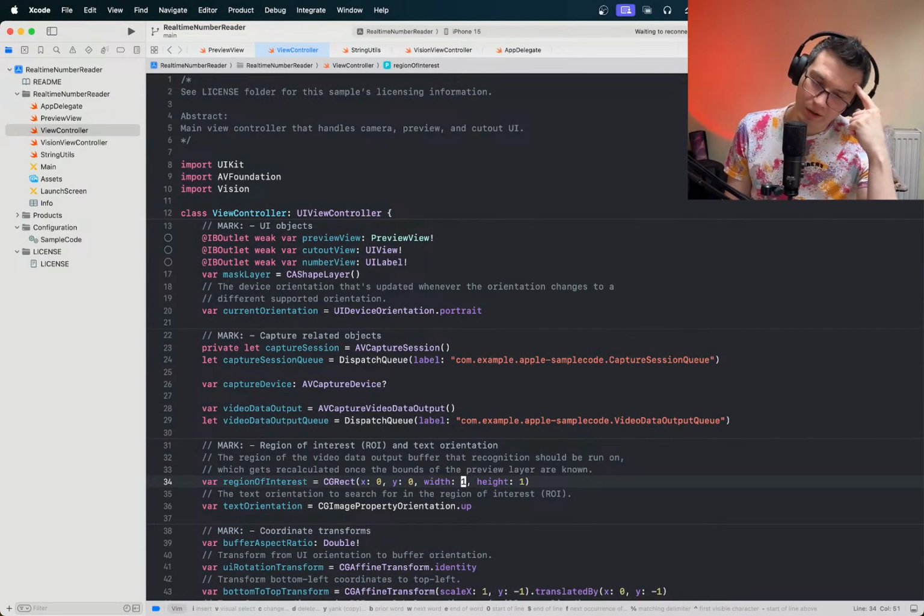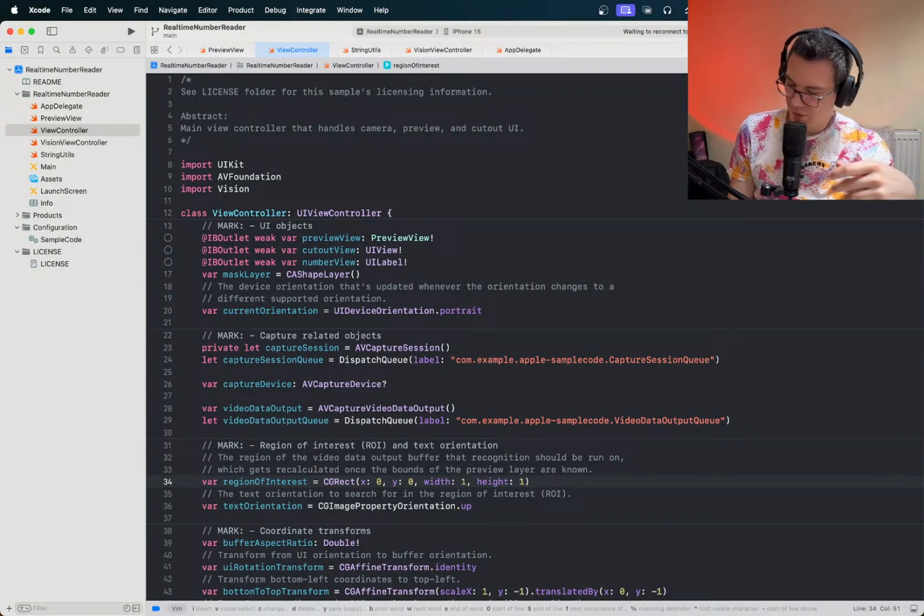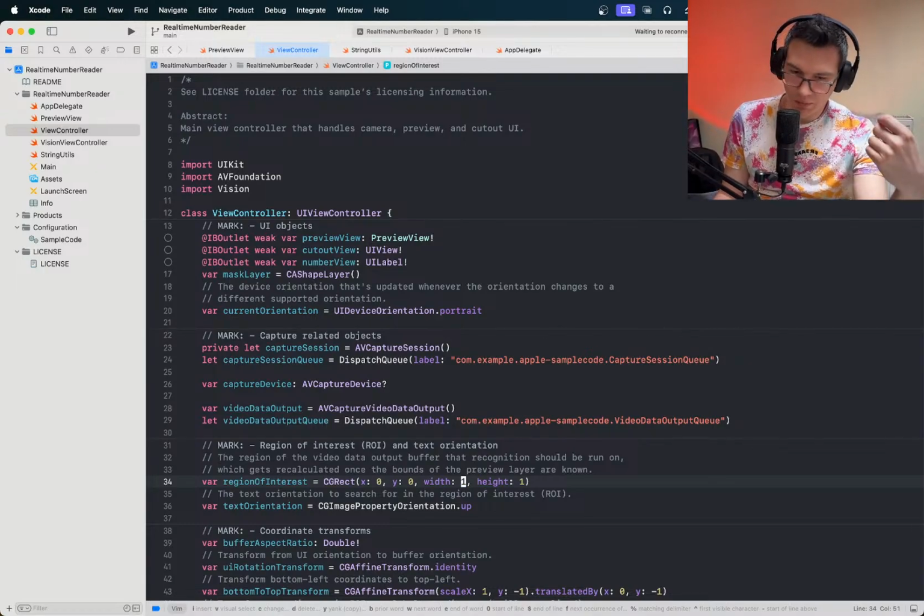And it actually makes sense, because when we can draw the boxes of the numbers,